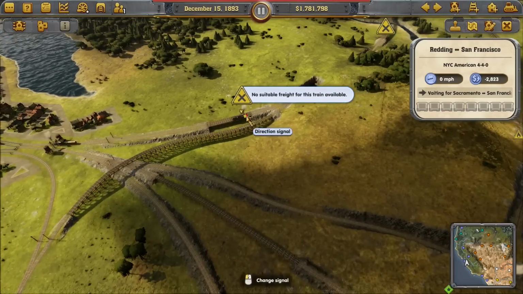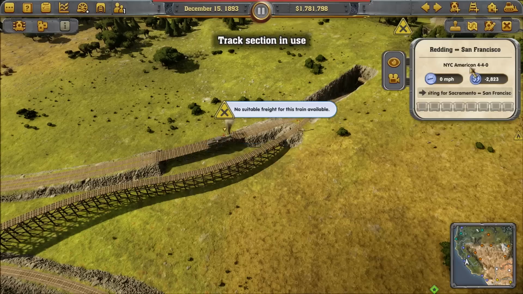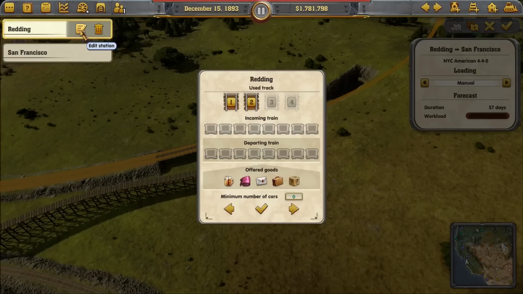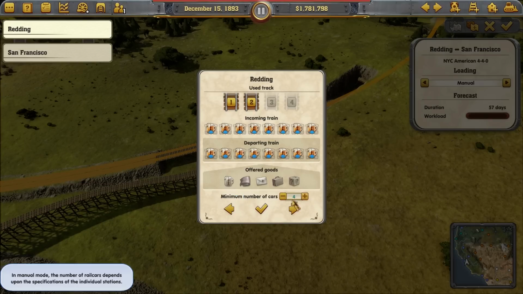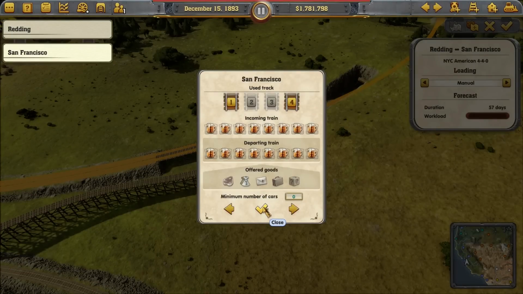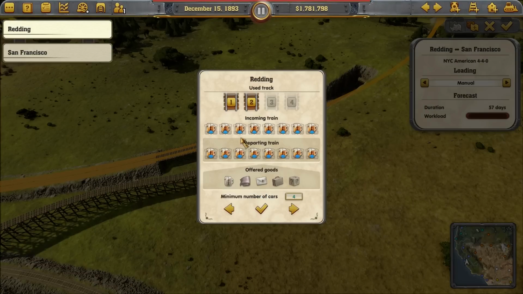So tell you what, Reading and San Francisco, because this is how we're supposed to be getting our logs, I'm going to change you to be manual. In Reading, you are going to grab beer. Oh, you can't grab logs? Really? I guess because it's not an offered good. Okay, well still, in Reading, try to pick up...